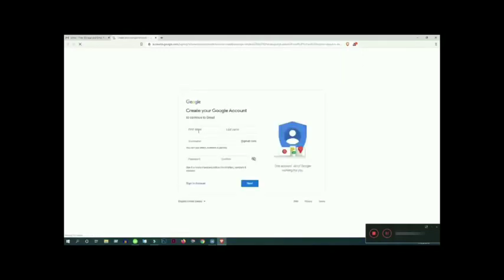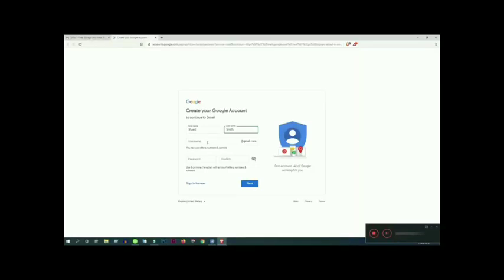Here's the form where you have to fill in your information. Put your first name. I'm giving a demo, that's why I'm using another name. I have so many IDs, that's why I'm using another name.